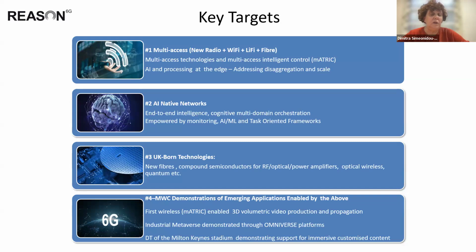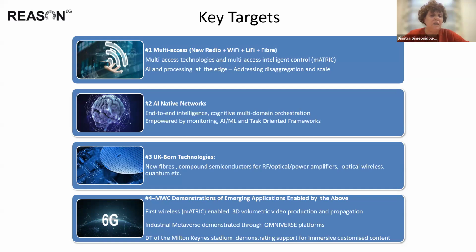So we believe that local optimization with AI does not deliver global optimization if we add everything together, so that end-to-end intelligence, and we are producing toolkits, for instance, that are looking at AI orchestration and cognitive orchestration across the network. And the third one, we are looking at UK-born technologies and how these technologies could contribute to the future 6G